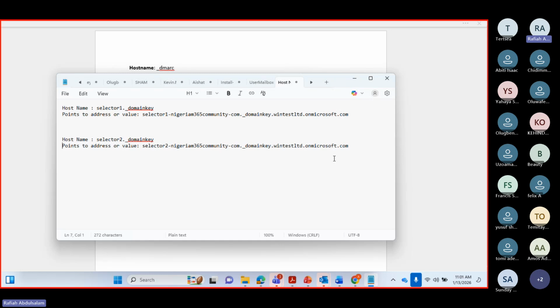Right here, you're also not going to change anything. Just copy the host name, paste it in your DNS record, and do the same for the value. You copy and you paste it. There's something we also call TTL, that's the time. It's usually set to 3,600. So you pick the first CNAME, add the value, the second CNAME, you add the value, you save the